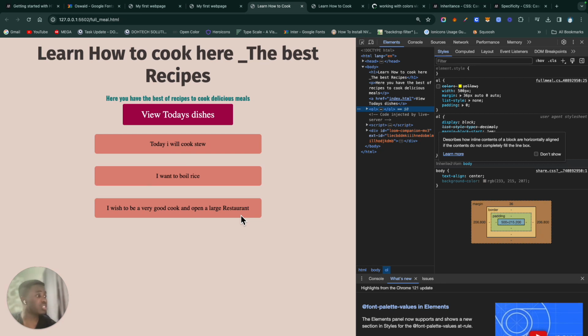Okay, so basically that's how I wanted to introduce you to how the CSS box model works, and we're going to be using this over and over. So you should take time to understand the principle of padding, border, margin, and basically the content that is present on your page. So it's very important for you to take note of that and